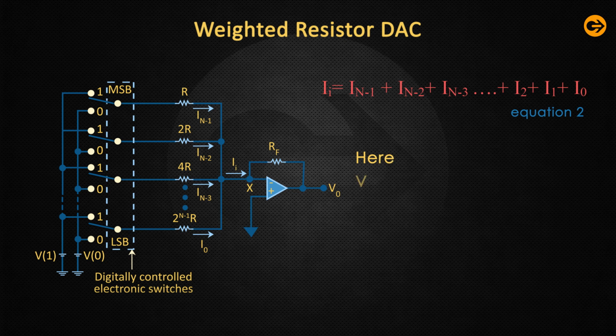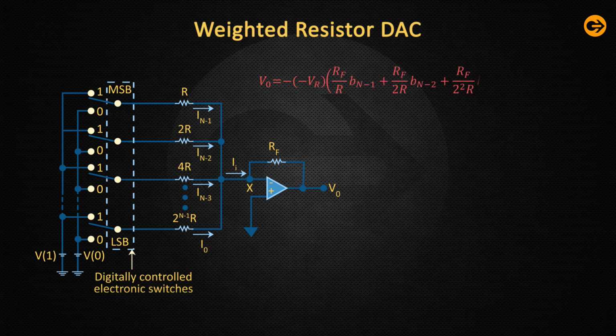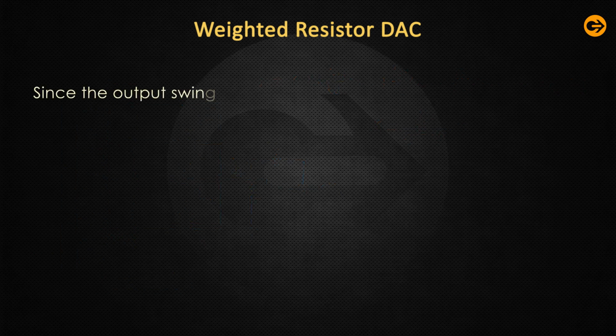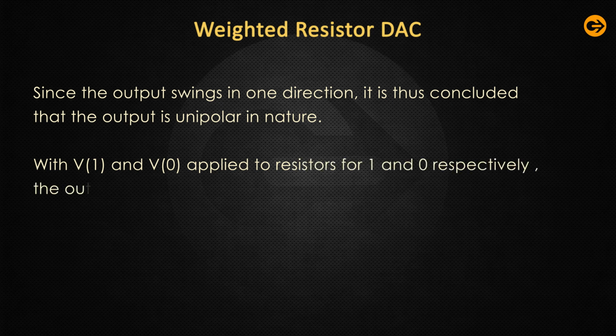Here, Vn is equal to V1 if Bn is equal to 1 and Vn is equal to V0 if Bn is equal to 0. For straight binary input where V0 is equal to 0 and V1 is equal to minus VR, the output voltage V0 with reference to equation 1 is given by, here, since the output swings in one direction, it is thus concluded that the output is unipolar in nature. With V1 and V0 applied to the resistors for 1 and 0 respectively, the output is given by,